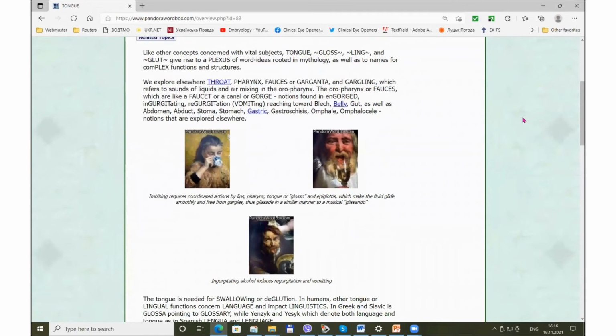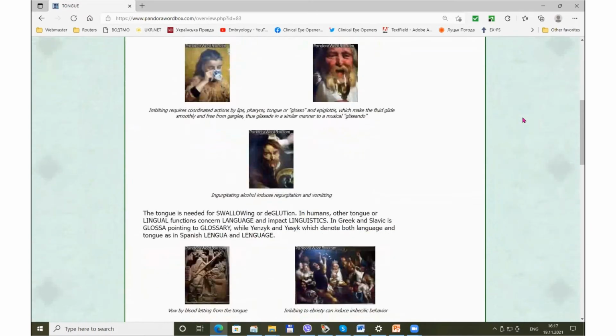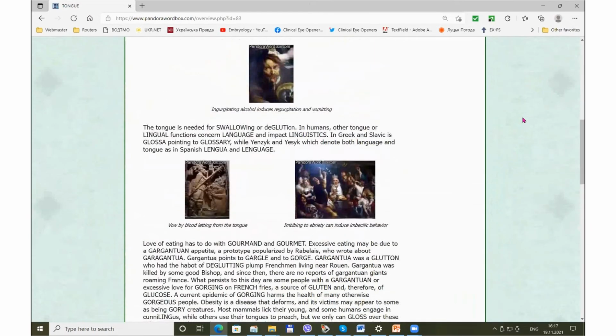And you could see that glossa, or the tongue, has something to do with swallowing, with tasting wine, or having too much alcohol, with vomiting, so it is safely done and not ends up in your lungs. By the way, that's a cause of death in many of those that are vomiting due to narcotics. Now we can go back,